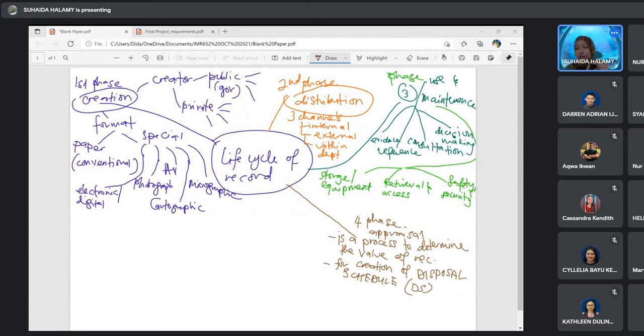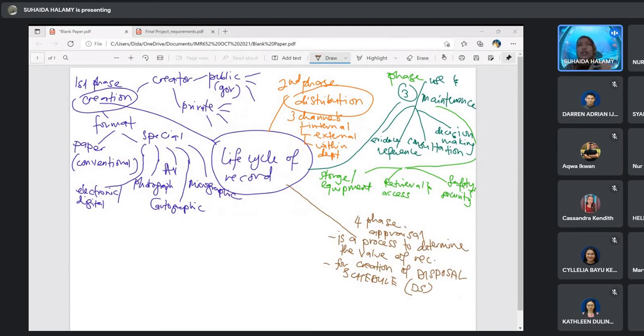Sebab dia involved with jurisdiction and legislation. That's why we must have legal advisor in the team. Kalau dalam organisation memang akan ada legal advisor. Even UiTM pun ada legal advisor. And then number 4, we have financial advisor.